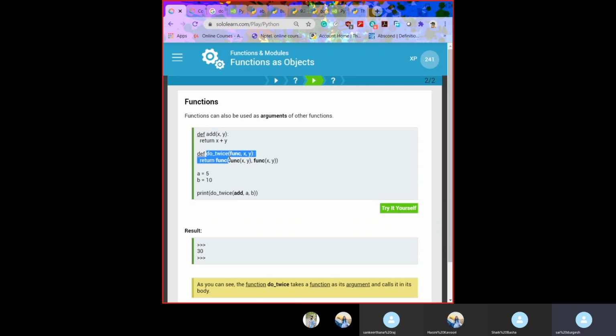Function c is also an argument, and x, y are returned here. In the argument we used a function.